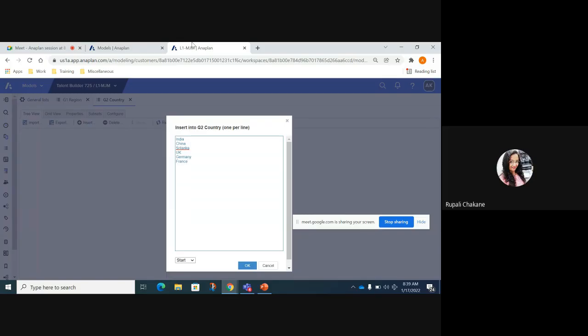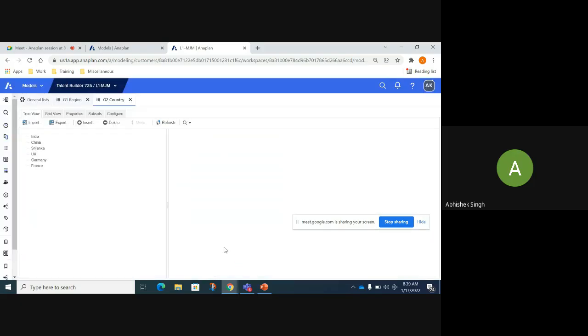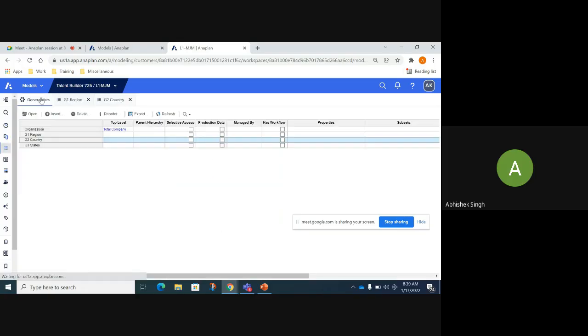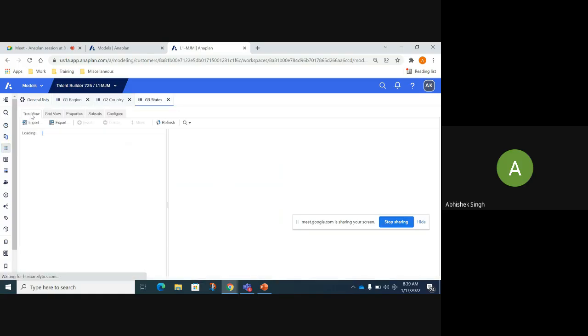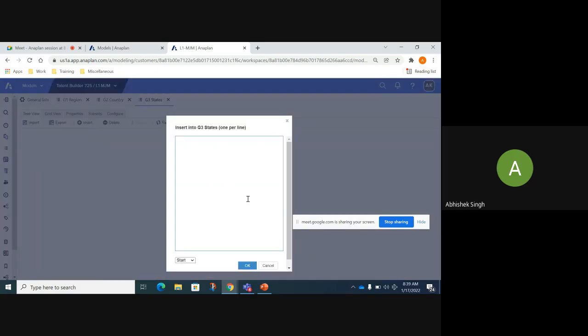Okay, so I added in some G2 countries here. All right, so G2 countries are added. That's fine. All I need to do next is add another list that is G3 states. Okay, so G3 states is already there. I will just open that and maybe I'll add in some members. Let me just add in randomly.